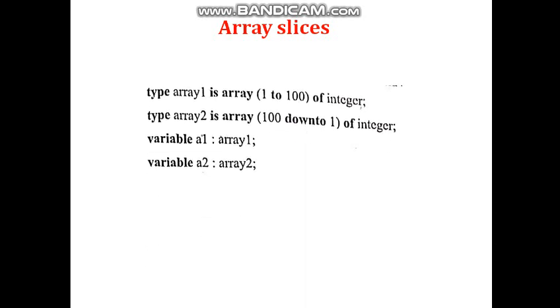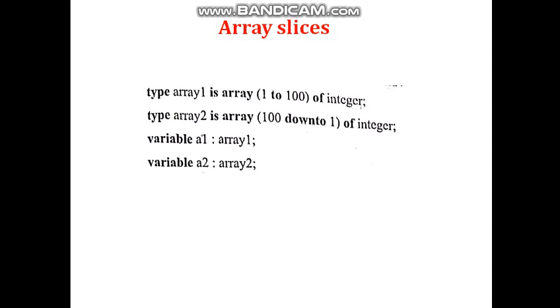For example, given arrays A1 and A2 declared as follows. Type array1 is an array of 1 to 100 of integer. Type array2 is an array of 100 downto 1 of integer. Variable A1 of array1, variable A2 of array2. We can refer to the array slice A1(11 to 20), which is an array of 10 elements having the indices 11 to 20.